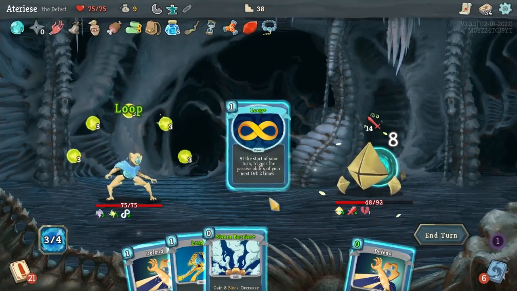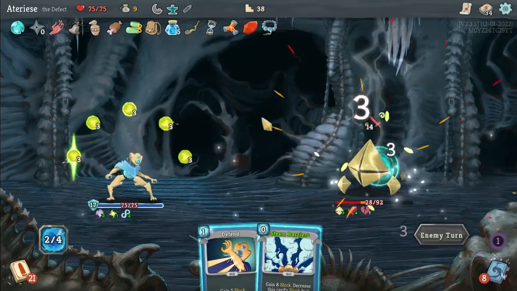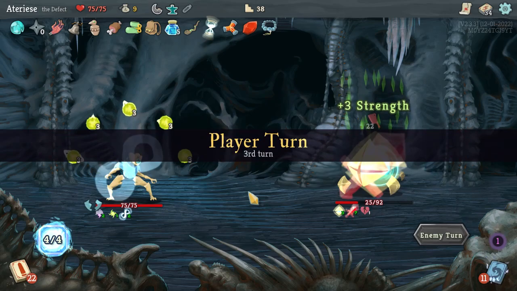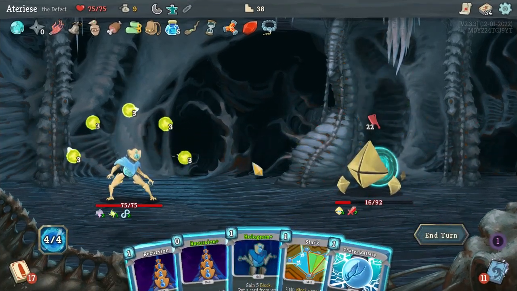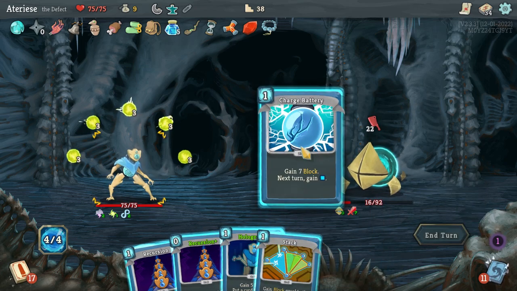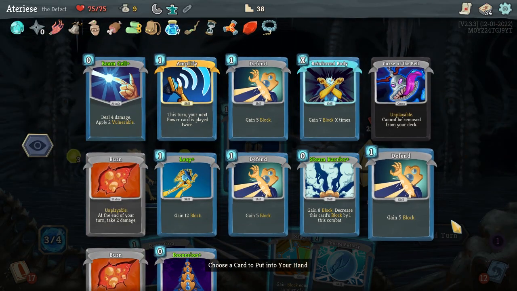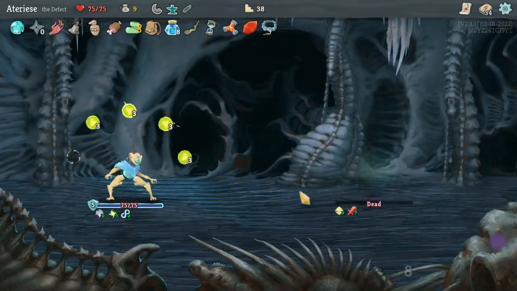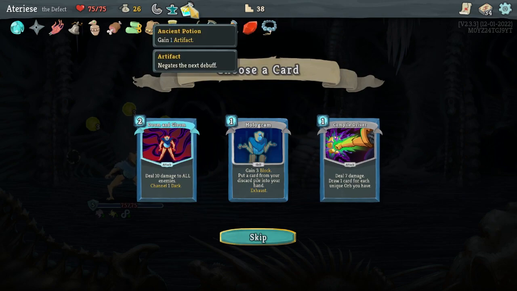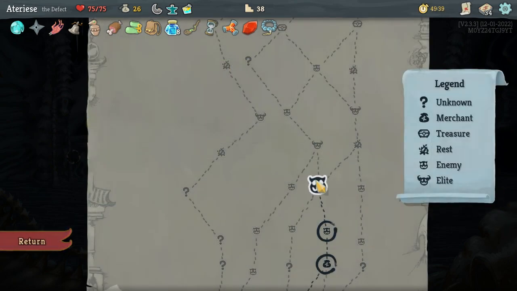Loop. Defend, block. Good. Do I have a dual cast? No, but I can get another recursion. And end it. Gains 1 artifact. Isn't artifact... Yeah, negates the next debuff. Okay. We're getting a very large deck, so I want